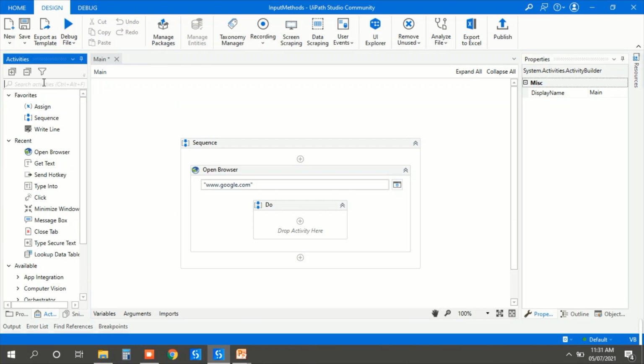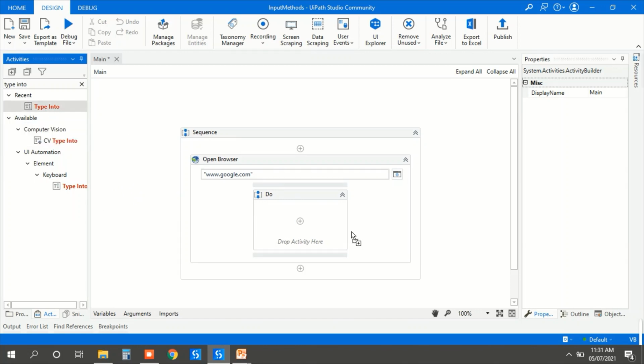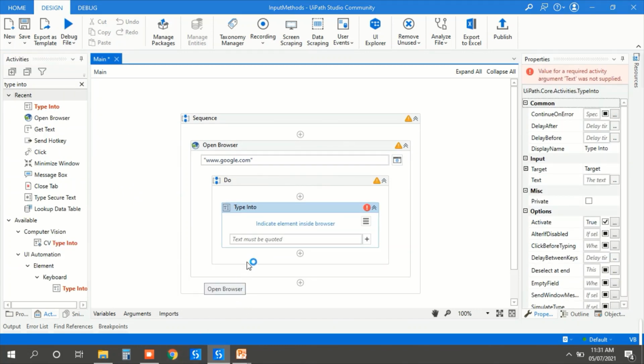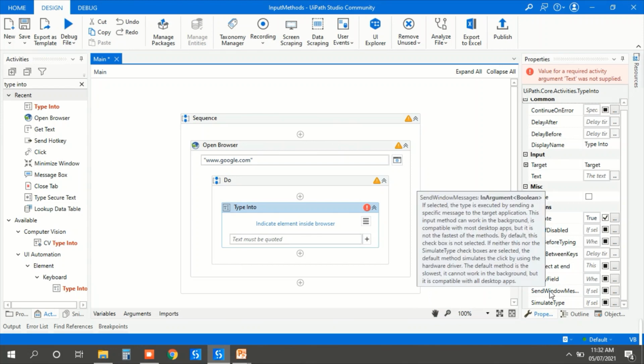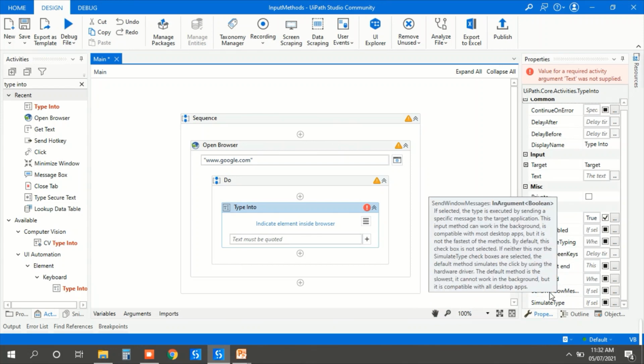Now select the input activity, type into, and drag and drop it. Let me open Google so that I can indicate the element inside the browser. Here you can see the send window message method and simulate type method. You can also read the description about it.